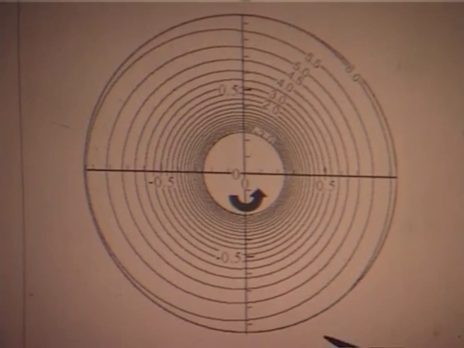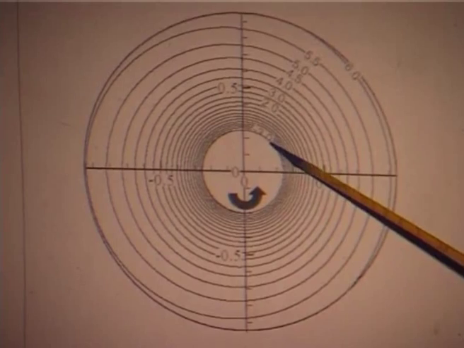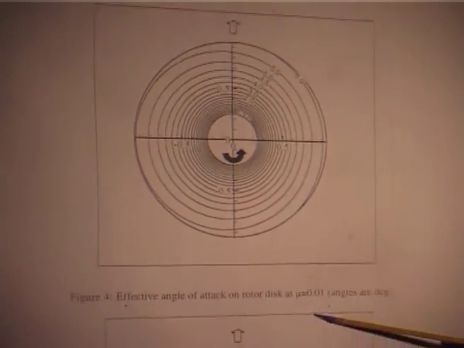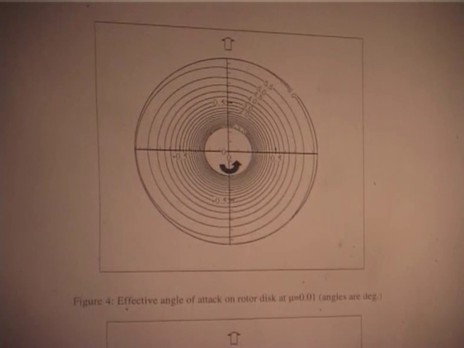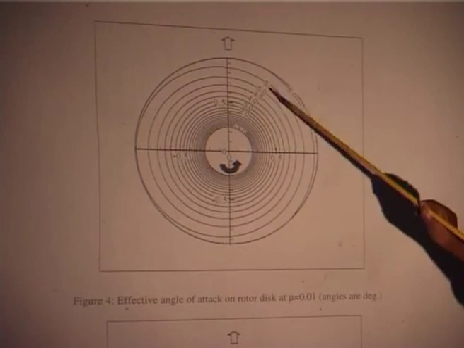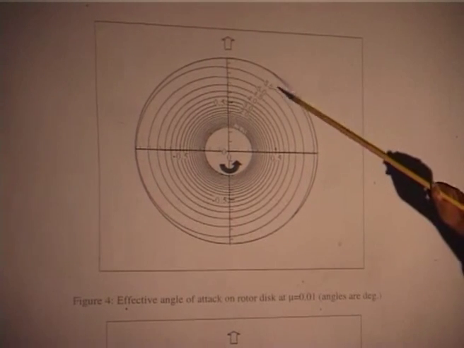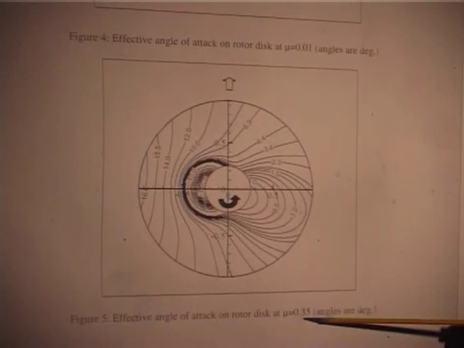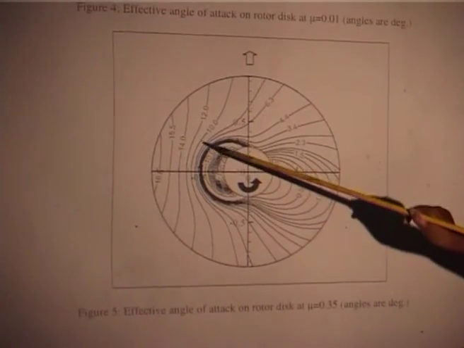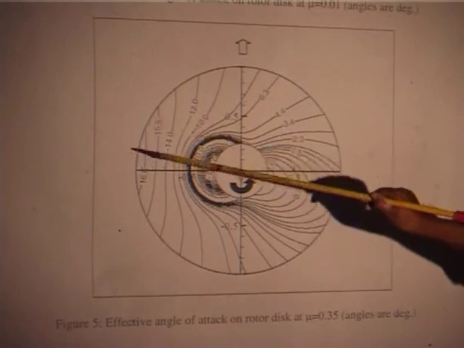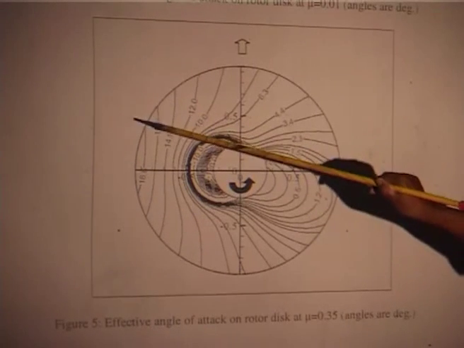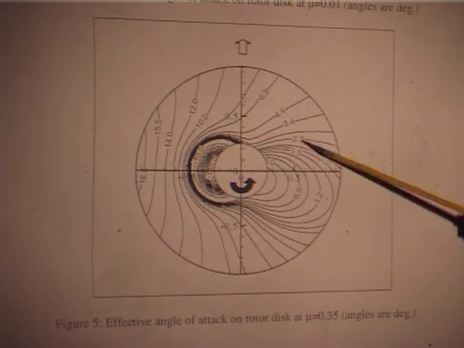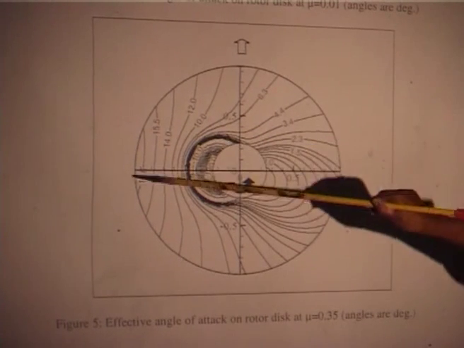effective angles of attack on the rotor disc at various radial locations, because we took 0.23 as the hub, for an advance ratio of 0.01, very low speed. Everything is within the stall angle, 6 degrees is the maximum, somewhere near the tip. But when you go to high speed, this is 0.35. You see here these angles are 16 degrees, 15 degrees, that means the blade starts stalling here, and on the advancing side they are about 1.2, here 3, 4, 5, there is no stall. All the stall goes here, and this is the reverse flow